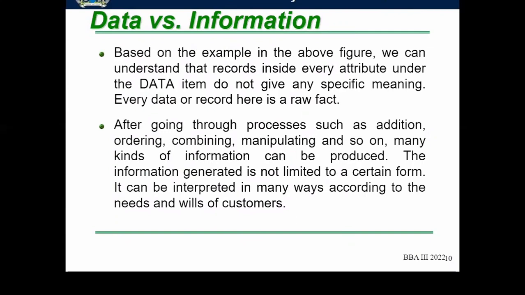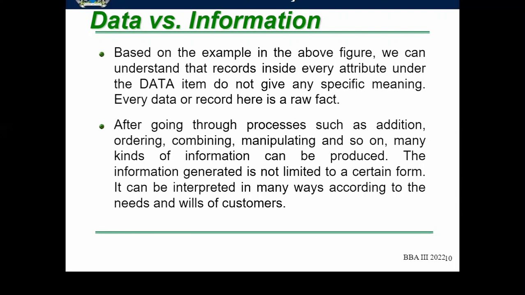Still on data, it is based on the example in the above figure that we've looked at, where we can understand that records inside every attribute under the data item do not give any specific meaning. That is what we looked at, and that is what Cedric was talking about, that before we make meaning out of data, we can't say we have information. It is not until we draw different meanings, patterns, trying to find out the different perspectives that we can now say we have information. After going through processes such as addition, ordering, combining, manipulating, and so on, many kinds of